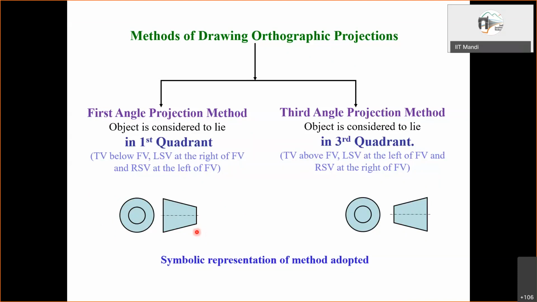Because this right side view is placed at the left of this front view. I hope it is clear now. Sir, my doubt was only whether the trapezium is the front view or these concentric circles are part of the front view. No, if you consider it like that, then also it will be consistent with first angle projection. I consider this as the front view, but if you want to visualize, we can go like that also.